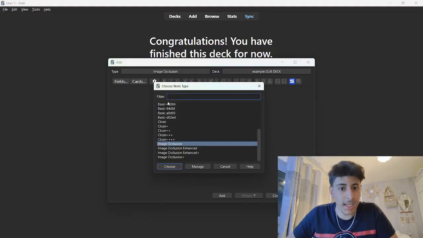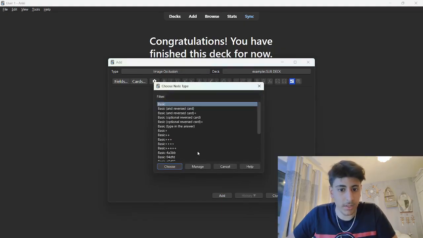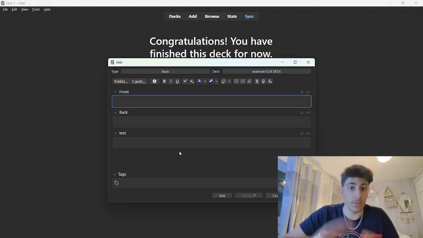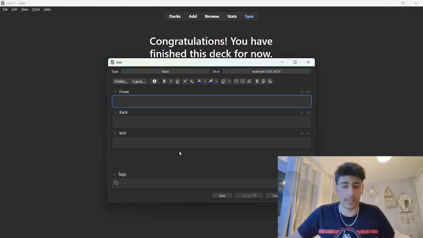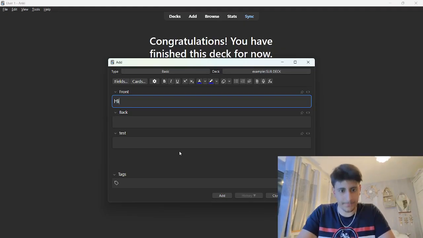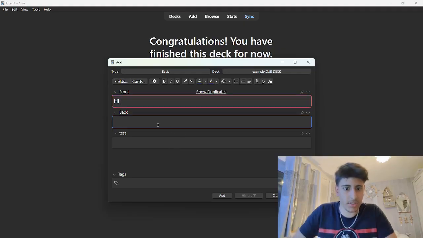If you go on type, it should automatically give you this without me even doing this. I'm just doing this because I practiced for this video. When you press add, it should give you this automatically. Okay, now with this, the front and back is pretty simple. This is the front, it's like the question,